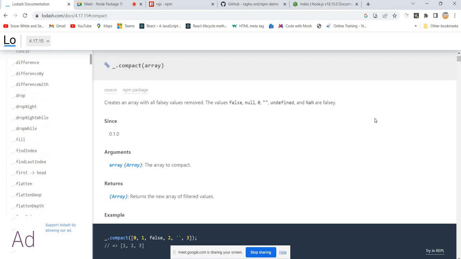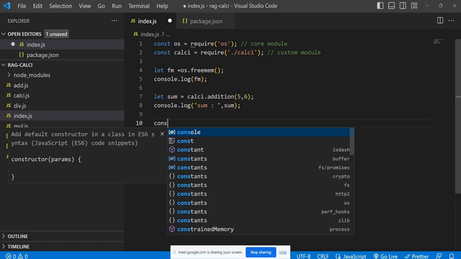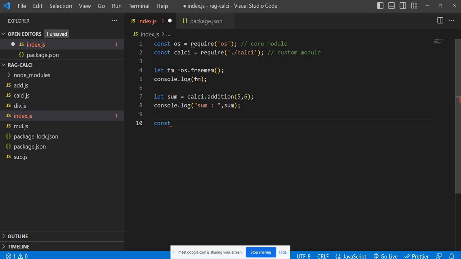So suppose in index.js you have an array, const arr. So here, 12 is a valid value, and